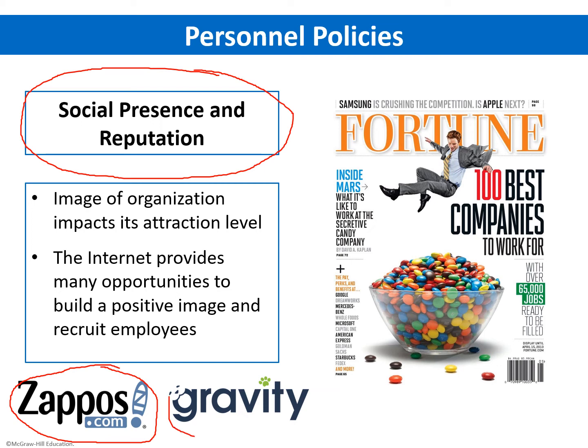Gravity Payments is known for paying its employees well, okay, for having a very high minimum wage for employees, and people are drawn to the company because of that. Even in the Great Resignation, Gravity has more applicants than they can hire. Okay, if your organization is known for being a good place to work for, you might be named to Fortune's 100 best companies to work for, and that kind of validates what your organization's culture is all about. Okay, it kind of tells applicants this is a really great place to go.